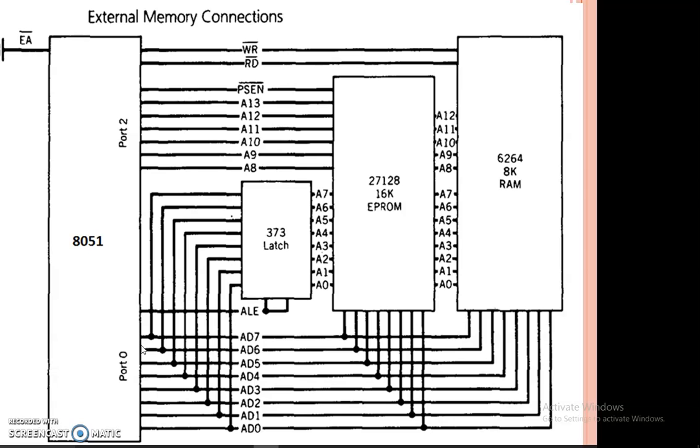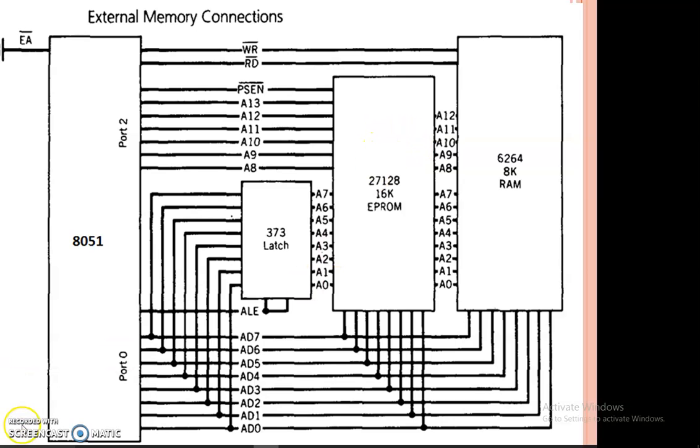Next come to the control bus. So what does the control bus mean? Generally we have to take read and write pulses from the 8051 and connect to the particular memory. If you take RAM, random access memory, with the random access memory we can perform read and write operations. So take RD bar and WR bar pulses and connect these 2 pulses to the RAM, and with ROM, read only memory, we can perform only read operations. So we have to take the PSEN bar pulse from the 8051 and attach that PSEN pulse to the ROM.